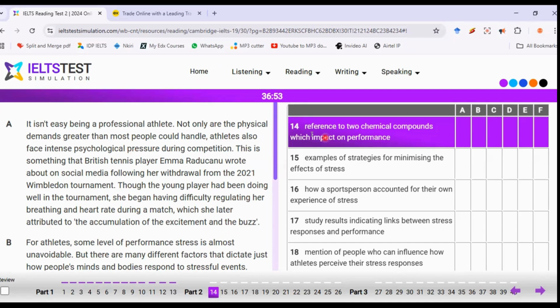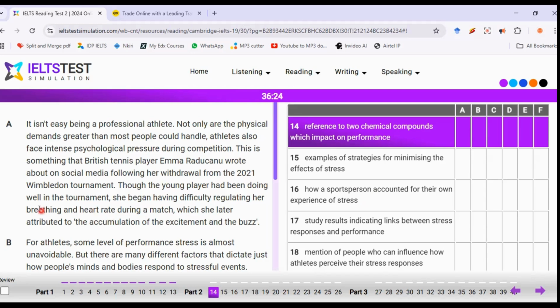Let me check. Can I answer question 14 based on that? Reference to 2 chemical compounds which impact on performance. I saw, okay, accumulation of excitement and buzz. Okay, chemical, no. Example of strategies for minimizing, no. How a sports person accounted for their own experience of stress. Okay, this person that withdrew talked about withdrawing because of,